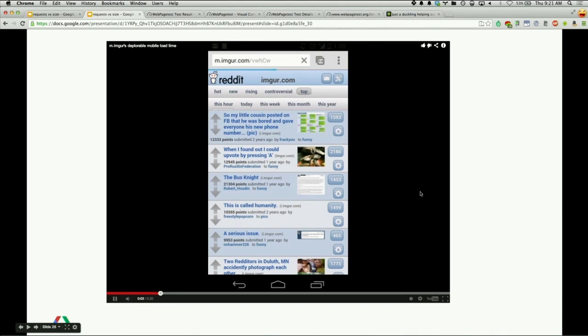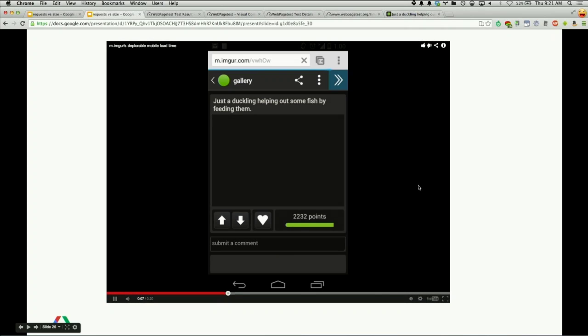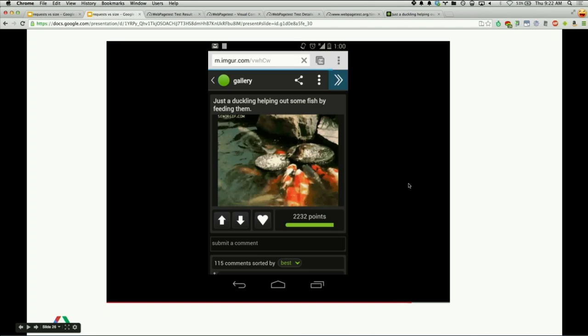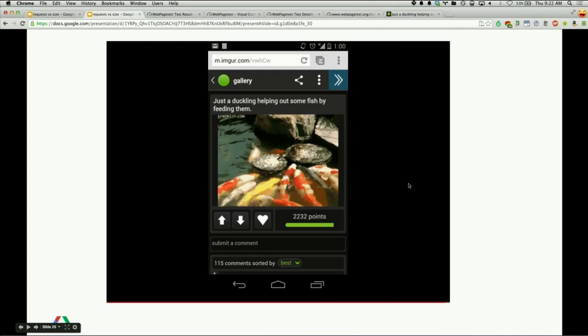I'll click on a link. It starts to load. It's loading. And then I see that. And then it's just kind of taking its time. And then finally, a duck feeding fishies. Good. But that was 20 seconds for me to see the duck feeding the fishies, which is a tremendous amount